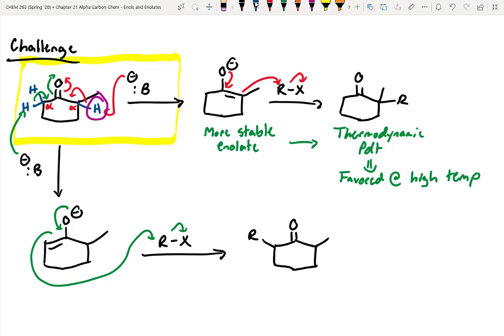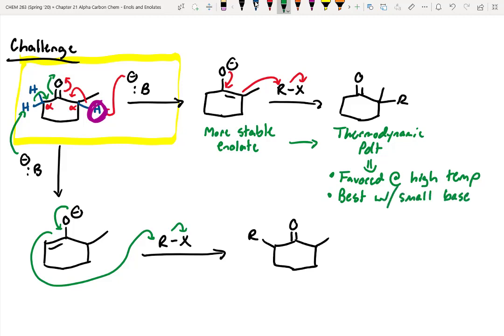It's somewhat crowded. So if I'm trying to go after a proton in this crowded little nook right there, should I use a big base or should I use a small base? In this case, it seems pretty intuitive that we would want to use a small base in order to get into that little crowded spot right here. So we're going to make a second note here that it is best with a small